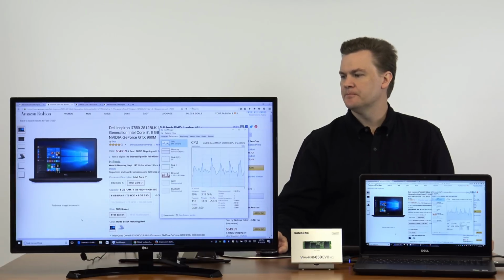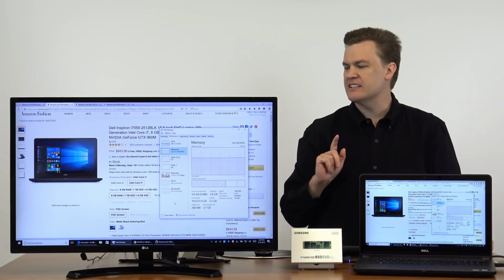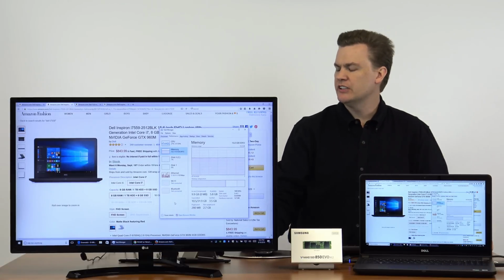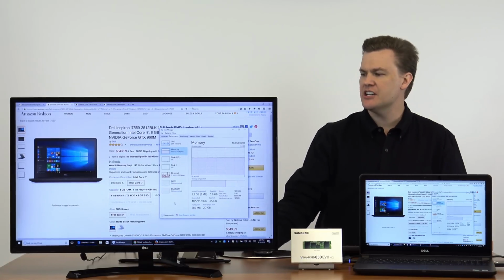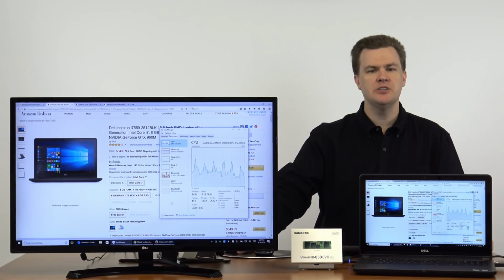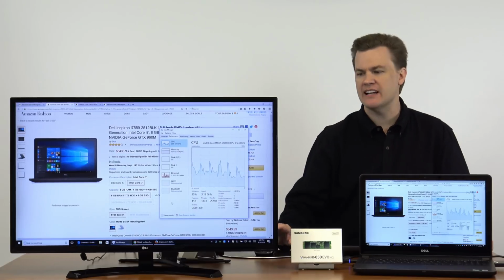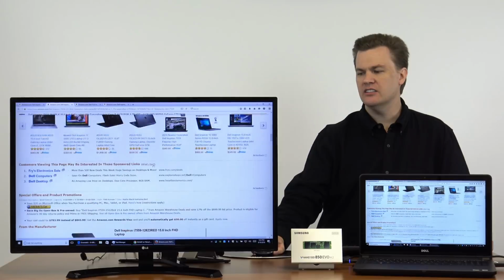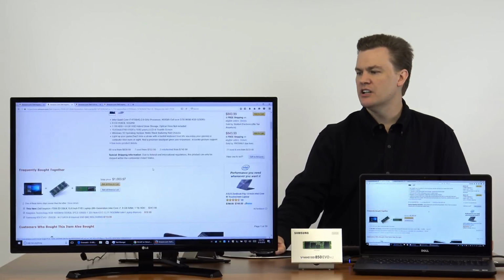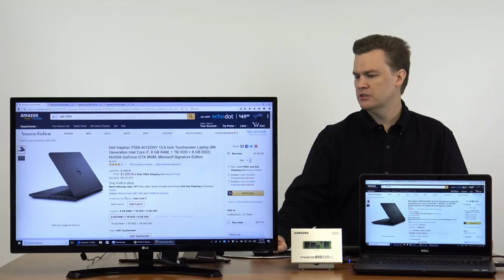How's our CPU doing? 40%. RAM usage. Upgrade your RAM. This is why. We're at 10.1 gigs listed. It's really fully used. We're using 3.5 gigs cache. We're only using 39% of our CPU. In the previous Windows performance review, the CPU was pegged at 100% and the machine was laggy. Take a look at this. Scrolls through just fine. Let me challenge it. Let me come up here to...